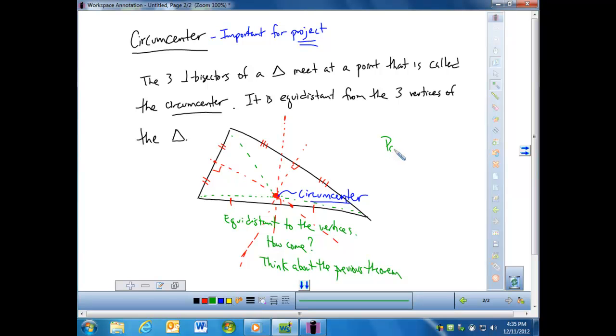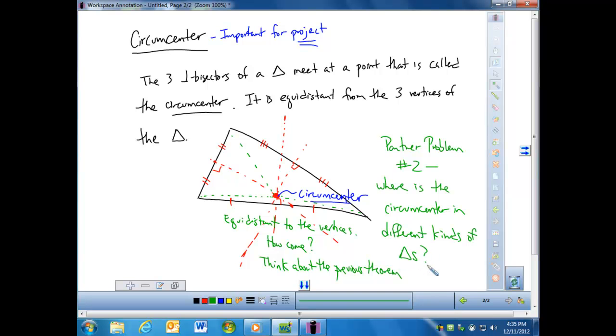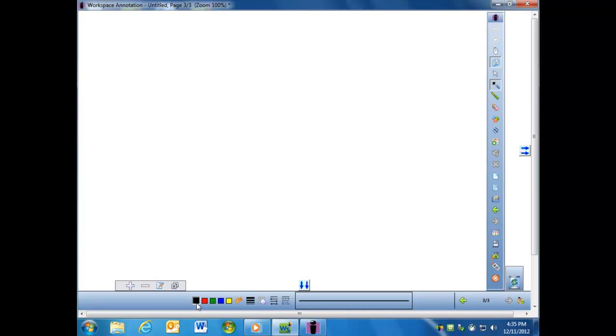Figure that out. In a few moments, I am going to give you another problem for you to work on with your partner. And what I want you to do is draw a couple of different kinds of triangles and discover where the circumcenter will be located in each of those different kinds of triangles. Again, this might be helpful for you as you complete your project sometime between now and the first of the year,